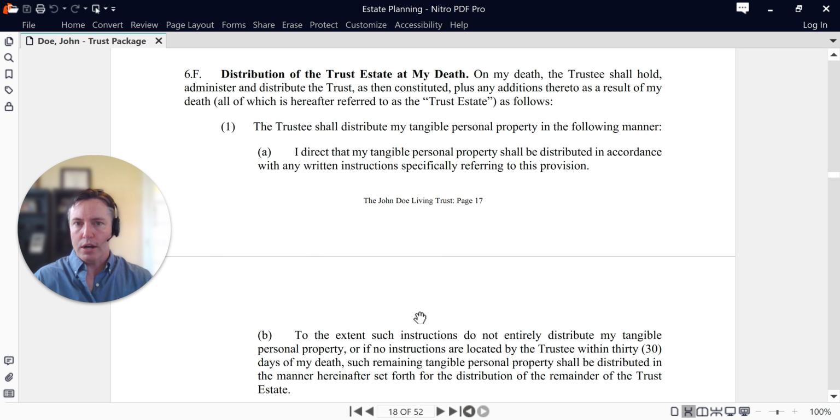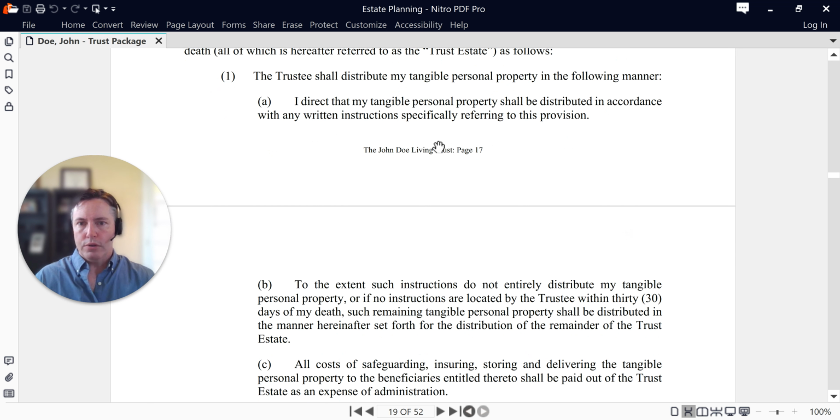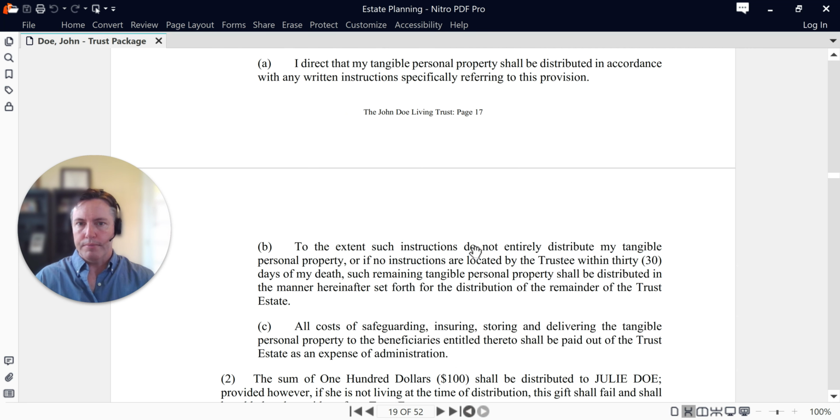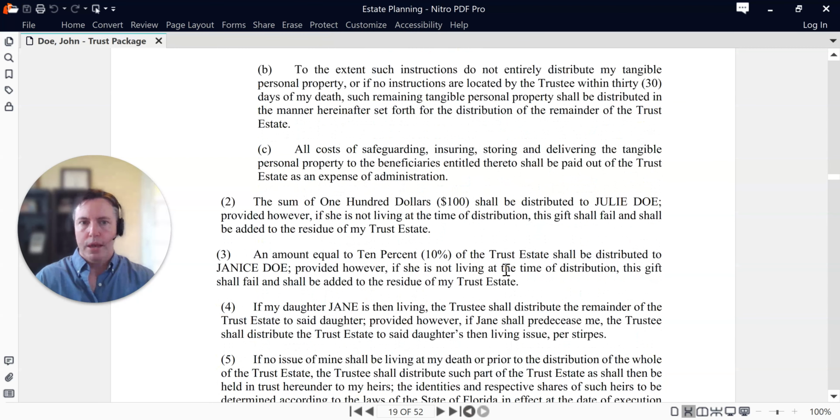And this first paragraph here is usually about personal property. So we're talking the jewelry and the furnishings and the tangible items that you might have, because you might want to give those away differently. And if you do, there's a separate memo that we use for that purpose. And the nice thing about that memo is you don't need the witnesses, you don't need the notary. You can do that on your own at any point. So if there is anything like that, that memo would take care of it, and you can change that at will on your own down the road.